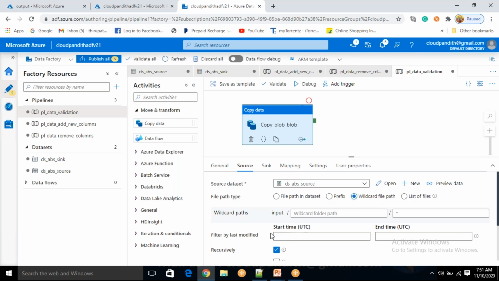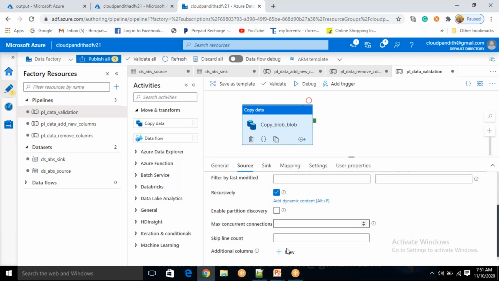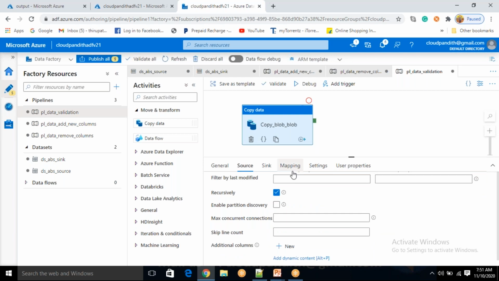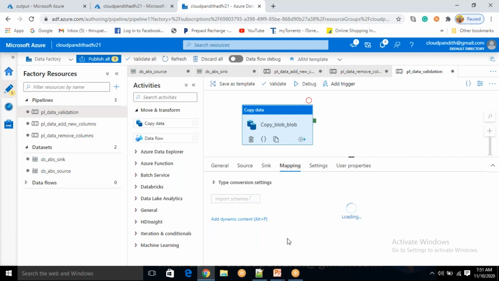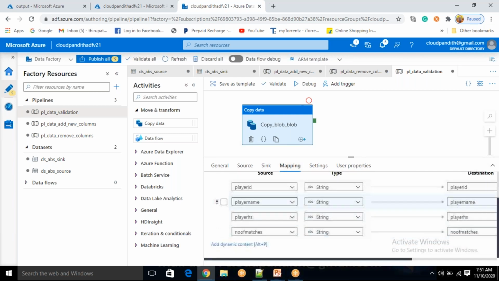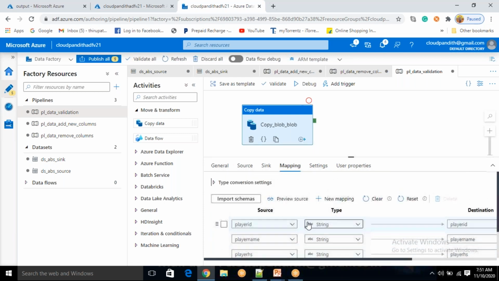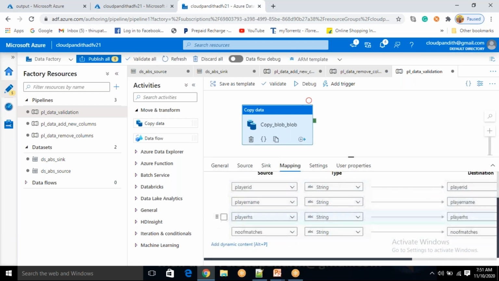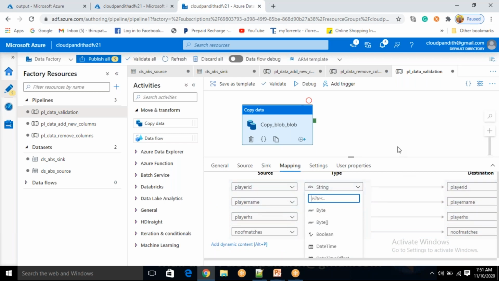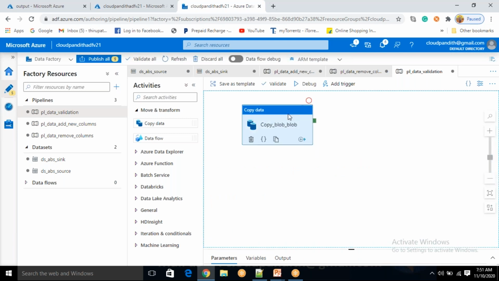Do you want to add new columns while copying these files? You just add it. If you want to delete, import schema, and whatever you want to delete, you can delete. I don't want to delete anything. I want to copy, so let it be. If you want to change the data type, like int or whatever, you can change. We have seen that just now.